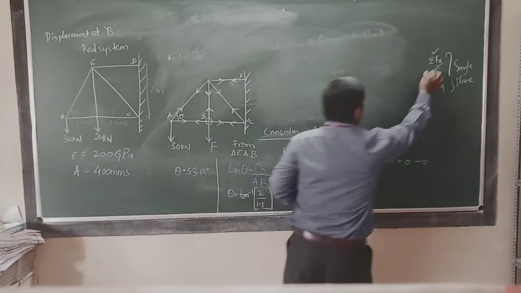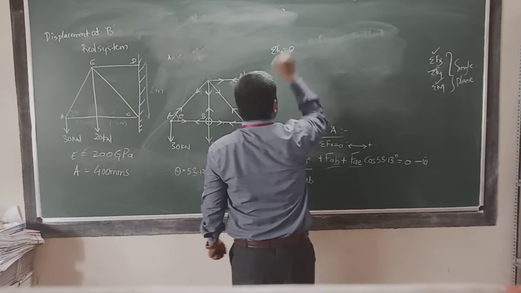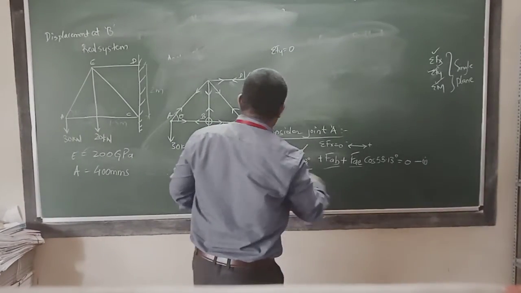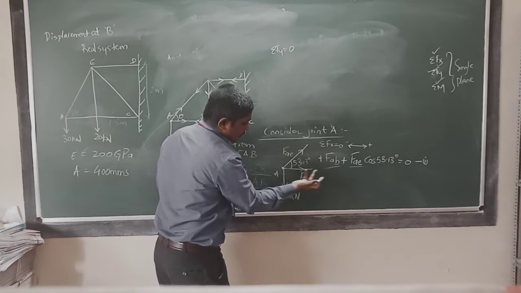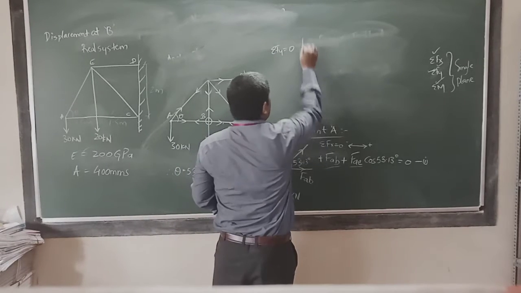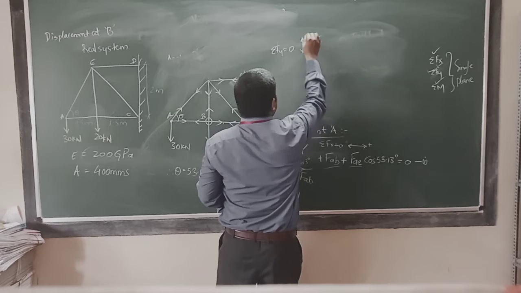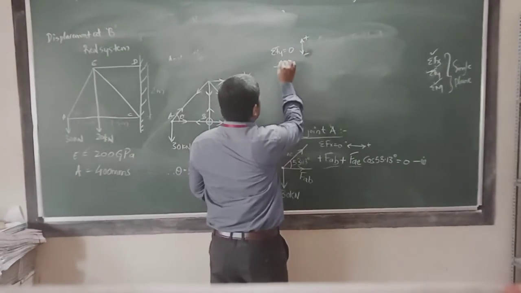Okay, now let us go for the second one, summation of Fy, and let's see whether we are going to get the answer or not. Fy is equal to 0. Summation of Fy is equal to 0. Now you will see this in diagram. How many vertical forces are there? AB is a horizontal force, not considered. 30 kilonewtons there, so always sign convention, upward positive, downward negative. Okay, 30 kilonewtons downward, minus 30.